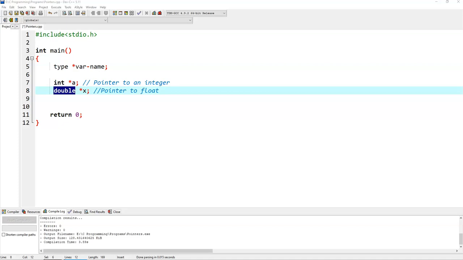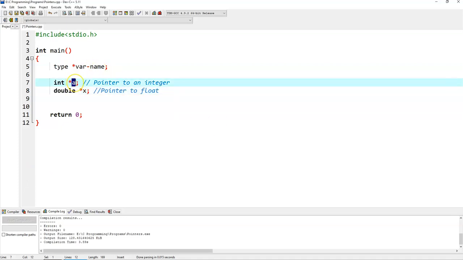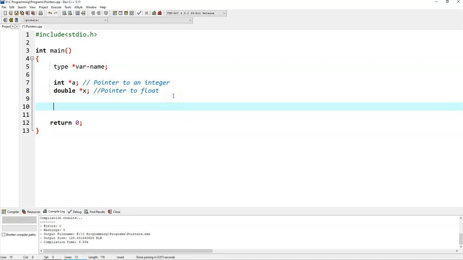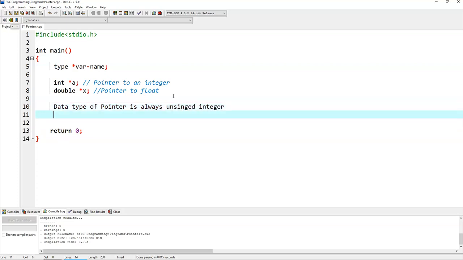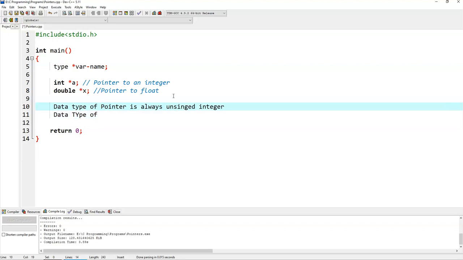The only difference between pointers of different data types is the data type of a variable or constant that a variable points to. So what exactly does it mean? See, the data type of a pointer is always unsigned integer, remember. Okay, and when I say pointer, in this case I'm talking about a,